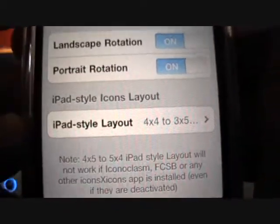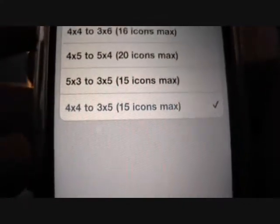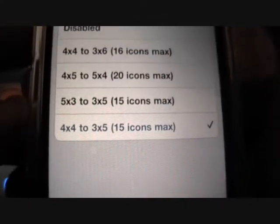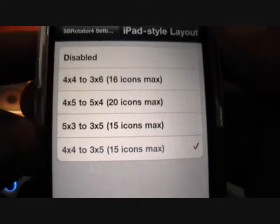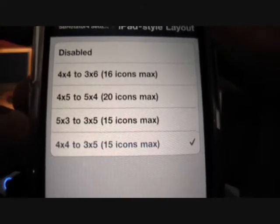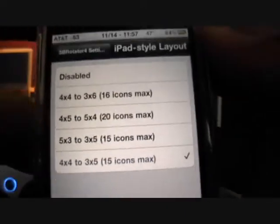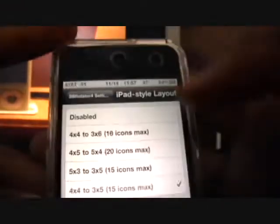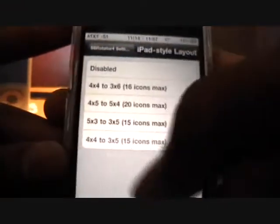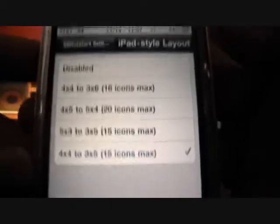And the iPad layout, I found the best one is 4x4 to 3x5. That is the best one. That'll give you the clearest pictures. No icons would be overlapping or anything. So you can try all those out, but I just recommend that last one because that one is the best. It's 4x4, 4 going that way and 4 going that way. It's a 4x4. And then 3x5 is